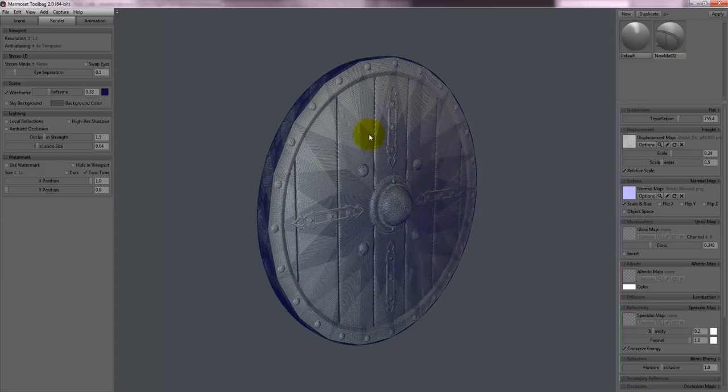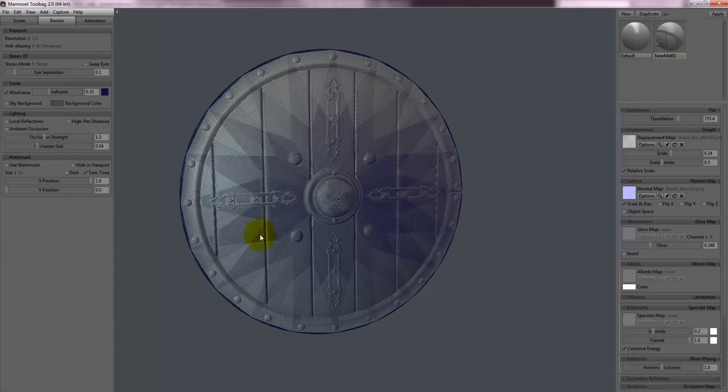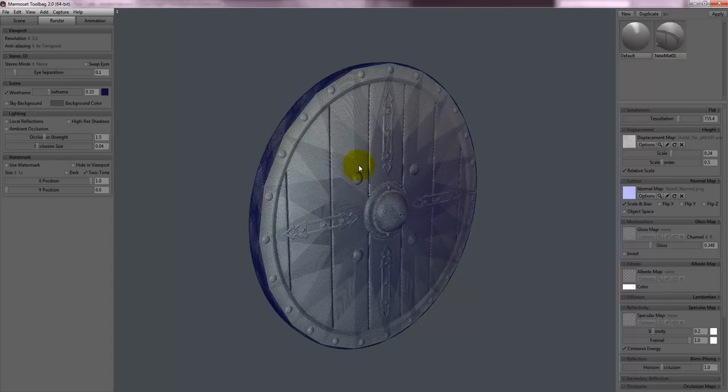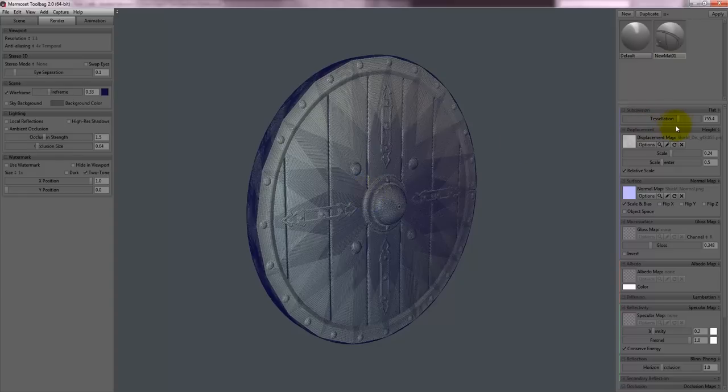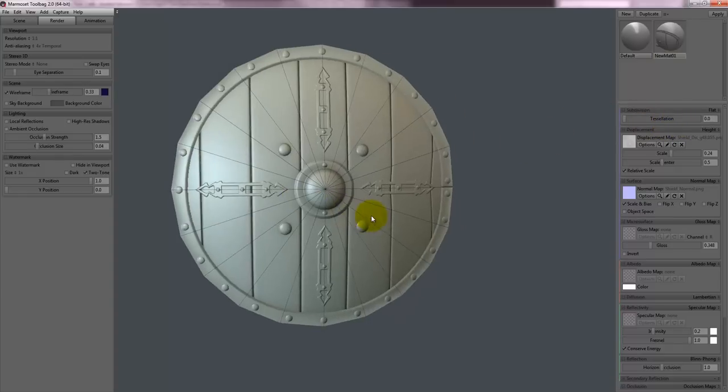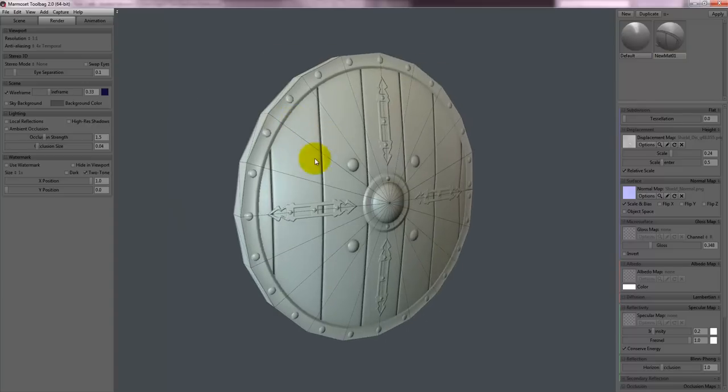Now this is easy enough for us to fix. All we have to do is go in and add in some extra edges. Now before I do that, I'm gonna point out something that I haven't actually pointed out yet, and that is if I take down the tessellation, you'll notice that we're using one of the older lower poly versions. We don't have that edge in there, and we haven't quadded this front. And that's because the